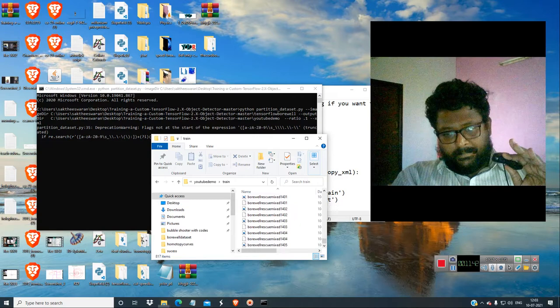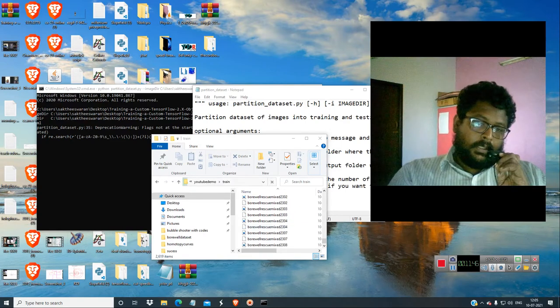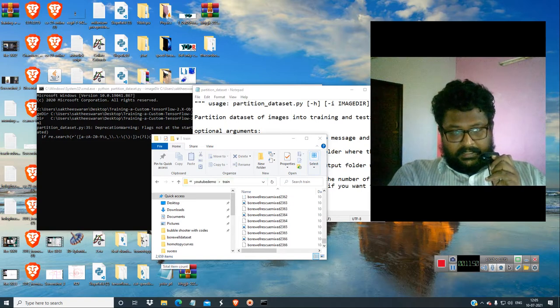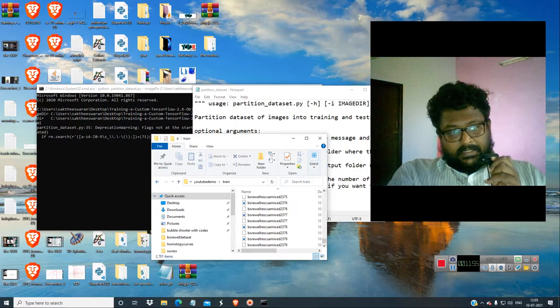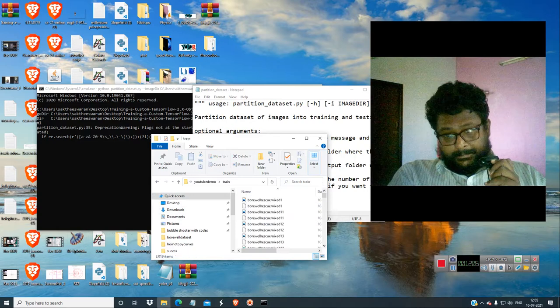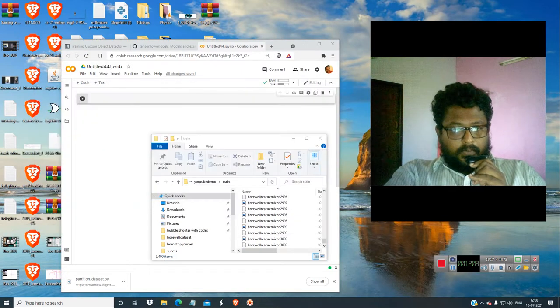So nearly about 2600 images have been copied, and another 2600-some 400 images will be copied now. After that, test and train files will be created. We have to upload this to the drive, and after that we have to create the TF record. So with some warning images, it has completed the work. Okay, so we have copied all those images.